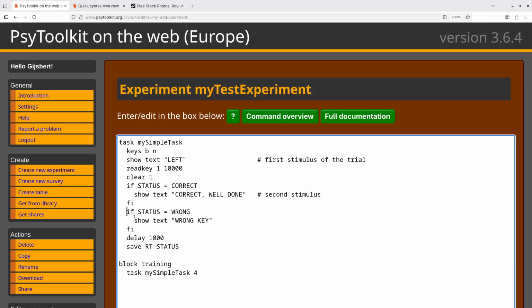And there are some other options. I will go into that. So we do it step by step. Let's just do it like first. So just to explain this, if the status is correct, we show this text, and then we end this if